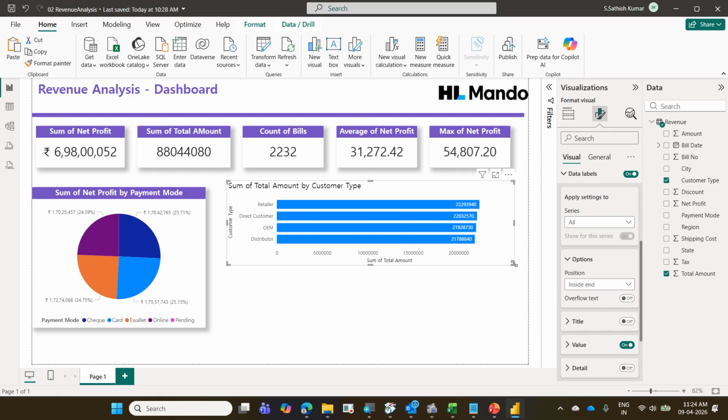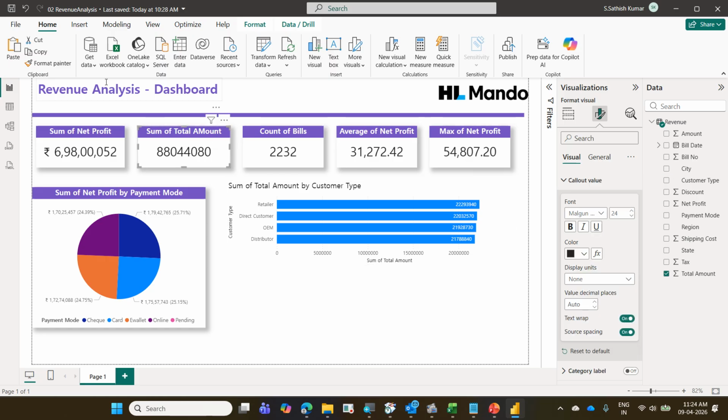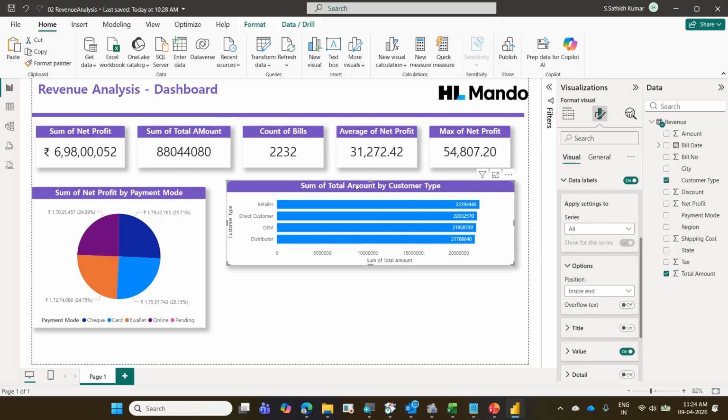Select some card, format painter, click it. So I'll get the same format, the background and the borders, other format. Okay. With the last one in this page,